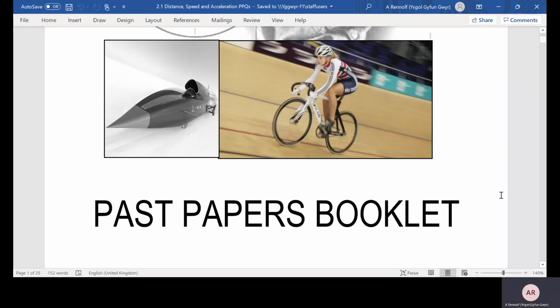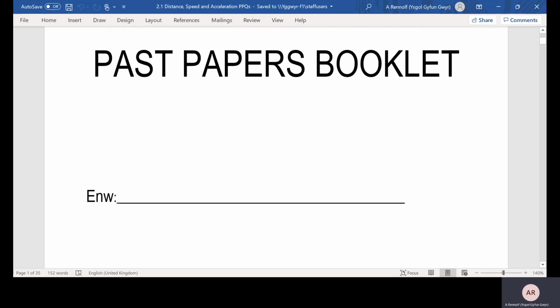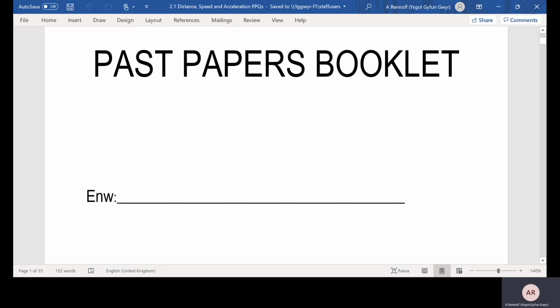This video is going to go through the questions in the distance, speed and acceleration past paper questions booklet. Just bear in mind that if a question in this past paper booklet asks you to use the equations on page 2, it's referring to the formula sheet that you get in the front of your exam, and just as a reminder, the equations that you get in that formula sheet that are related to